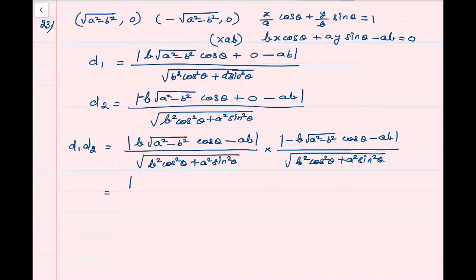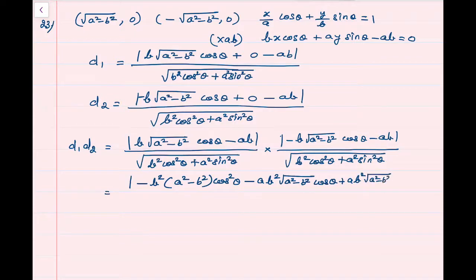We will multiply and write absolute value of minus b square times (a square minus b square) cos square theta minus ab square root of a square minus b square cos theta, then plus ab square root of a square minus b square cos theta plus a square b square